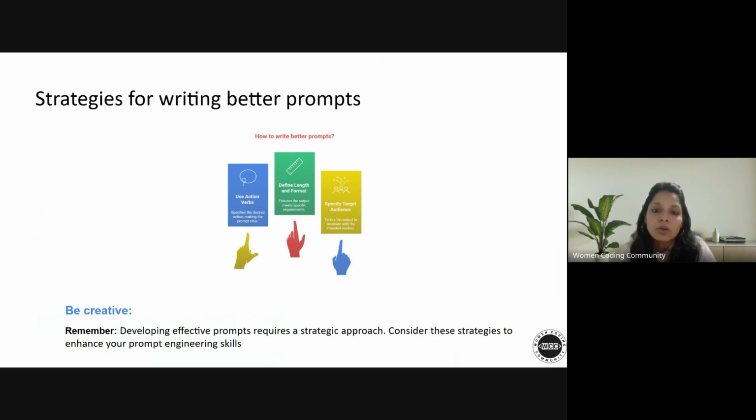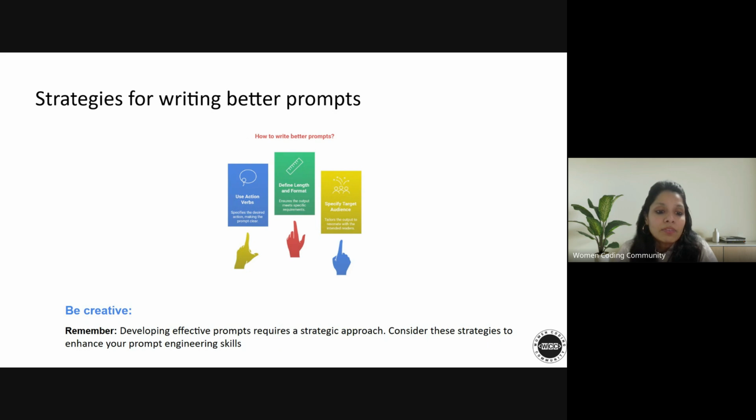I really like this because in the world of AI, and especially in the world of learnings, when we start writing it, we forget about the use case. So you should always narrow down your use case and specify this in your prompt. It could be in your system prompt that you can define that the end user of this application would be such and such person. As an example, as I mentioned in one of my use cases, all the members of the WCC community would be using this chatbot. So that is targeting your audience.